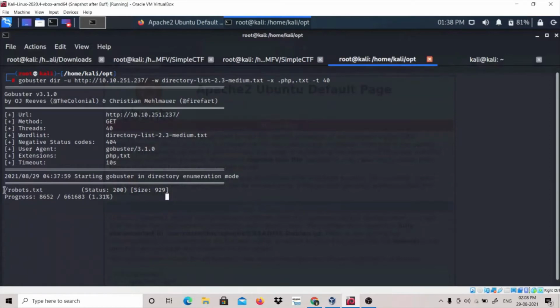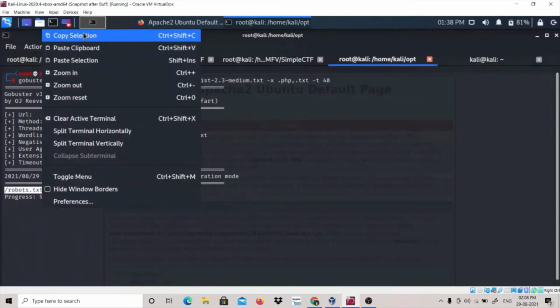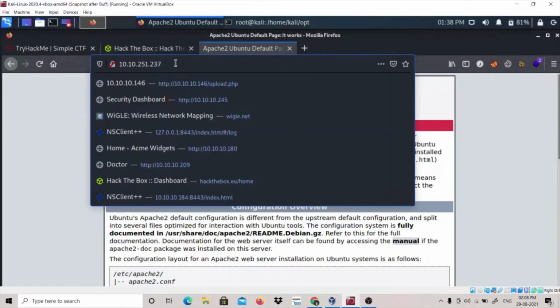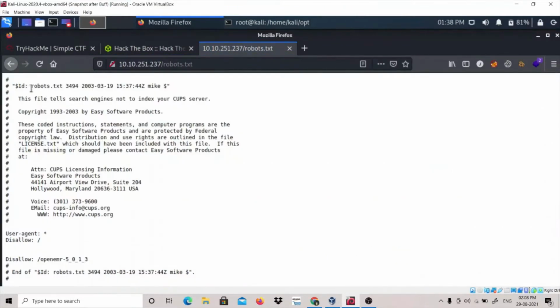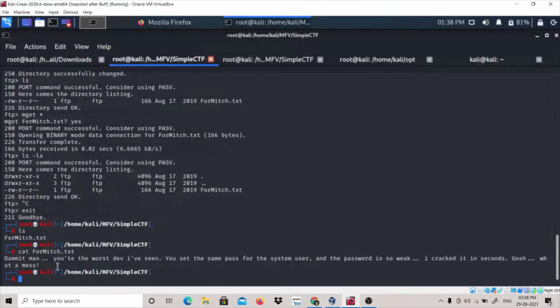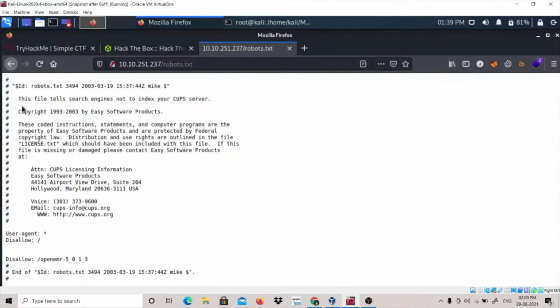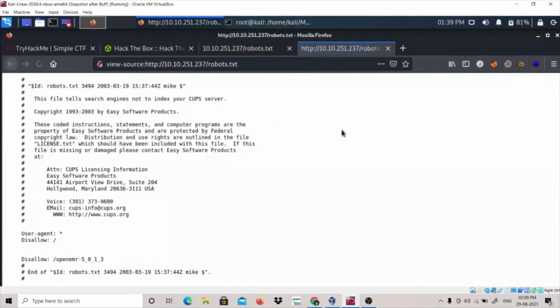It has found a robots.txt file. Let's visit this robots.txt. Mitch, the user, I guess. This file tells search engines not to index your server. It doesn't have anything interesting, to be very honest. Oh, it has a disallowed entry. Other than that,